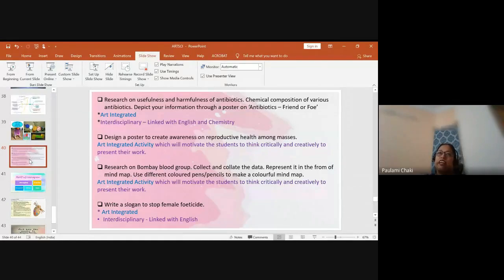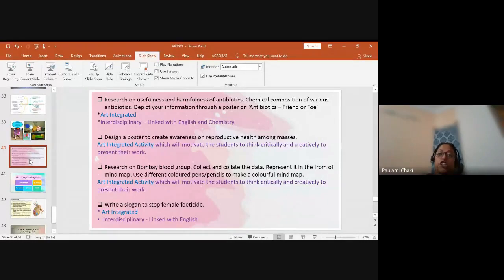Antibiotics is there in grade 8. It is there in grade 5, I remember. Then it is in grade 9. So you can use this in multiple classes. Depending upon their mental age, we can reduce the amount of work or we can increase it. We can make it diverse.